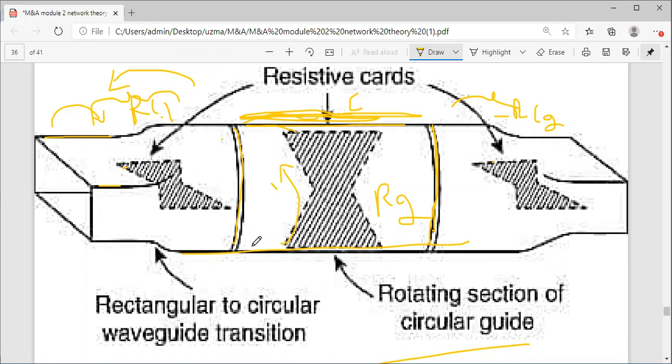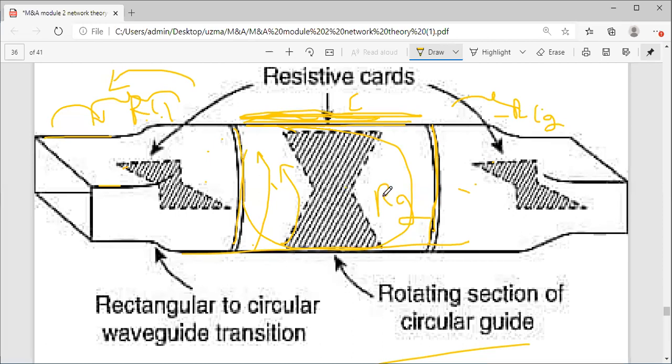I cannot show you the moment, but you can rotate this complete C section I'm talking about, with respect to these two fixed sections, RC1 and RC2, they are fixed sections. Only the center C section along with the resistive card is rotatable, and complete 360 degree